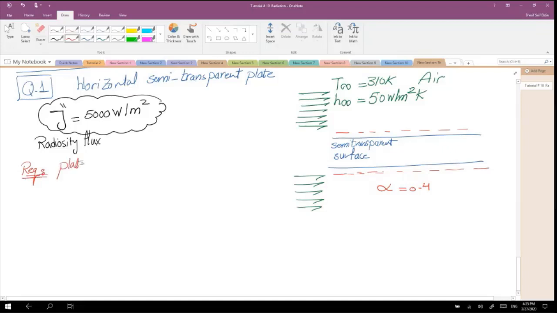So the problem asks for the plate irradiation G, and asks also for the emissivity epsilon. Alright,